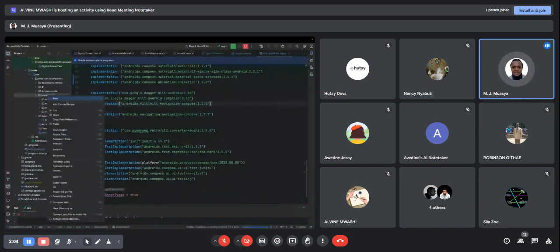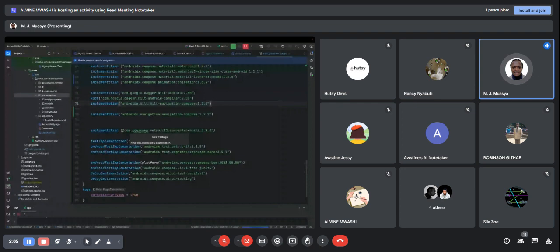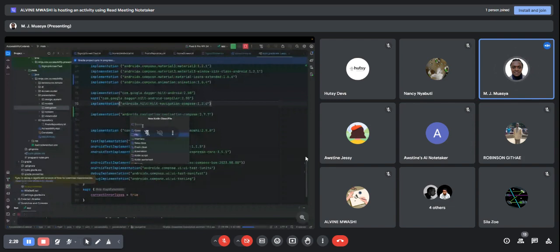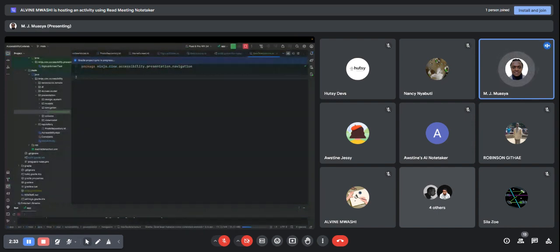in our presentation, we have a new package called navigation. And then for that navigation, we'll have destinations. Nav destinations. There's multiple ways you can do this. I usually prefer this approach. Yeah, with the nav destination, I can do something like